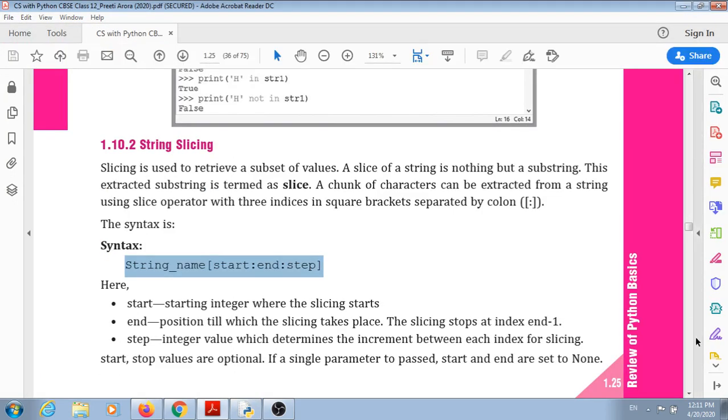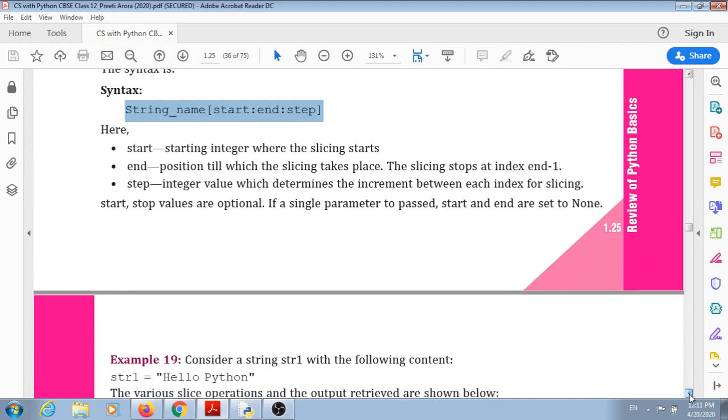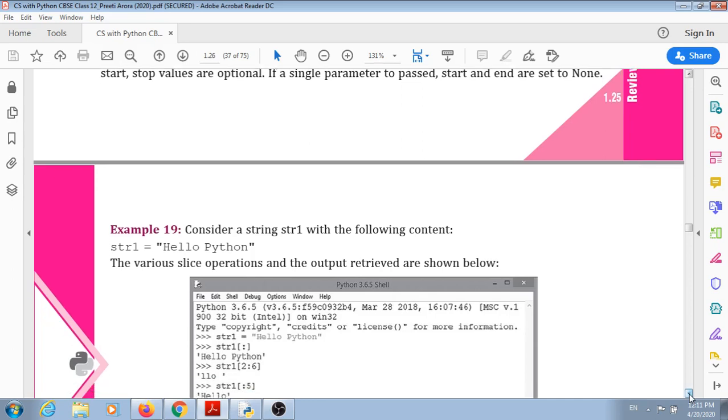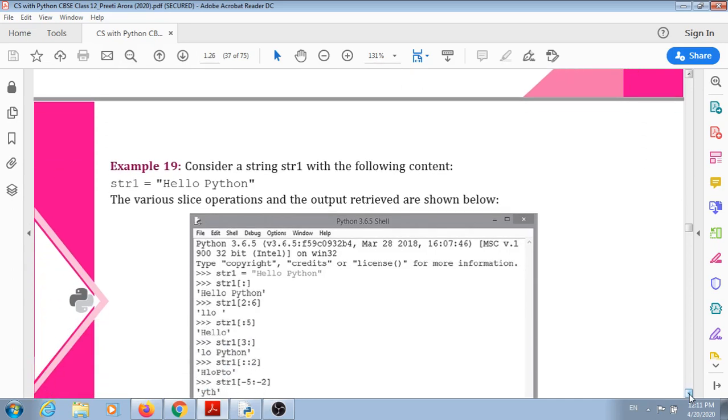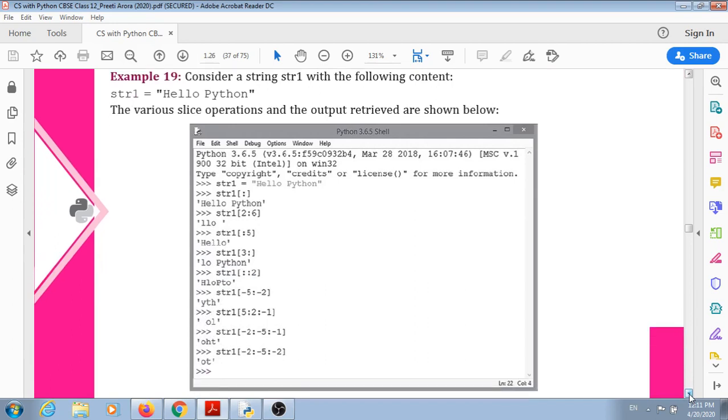Now we will study some inbuilt functions to access the strings or to change the strings. Here the string slices examples are given. You can see at a glance string 1 is hello Python, and so many examples are given in the IDLE snapshot.